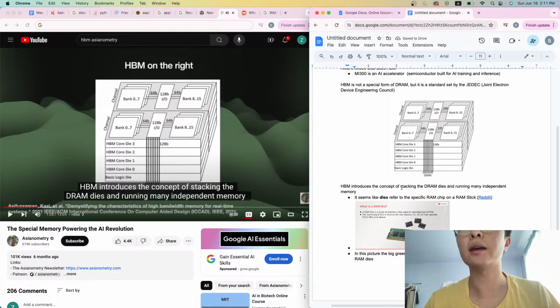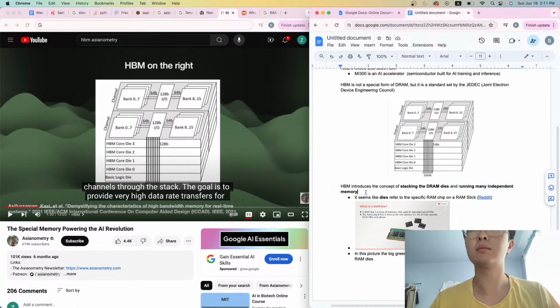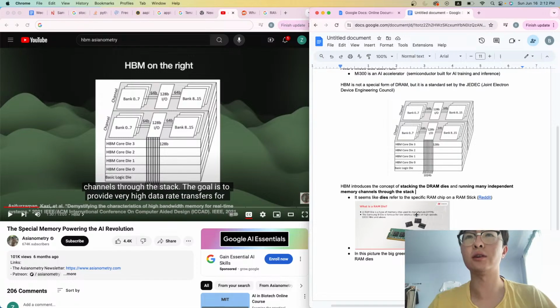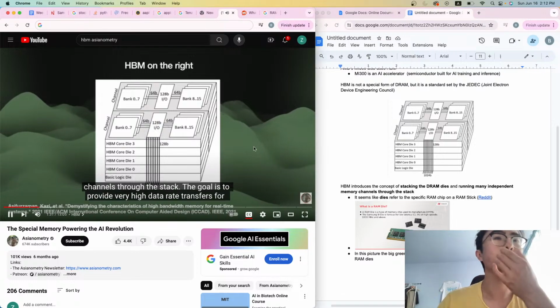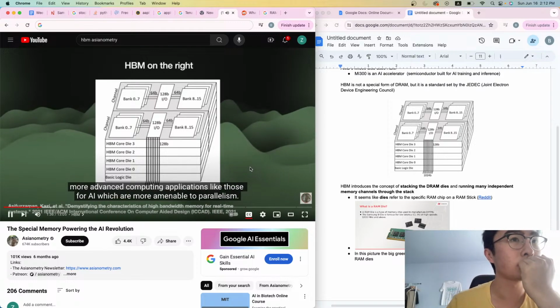So stacking the DRAM dies, running many independent memory channels through the stack. Yeah, so I guess maybe you're stacking the chips together. So you're stacking the black chips together, and I don't know what the independent memory channels are. The goal is to provide very high data rate transfers for